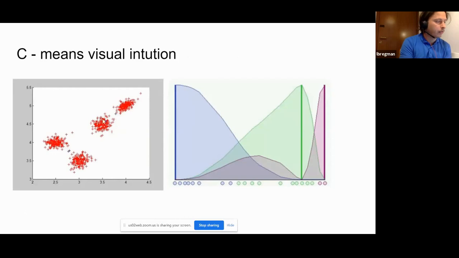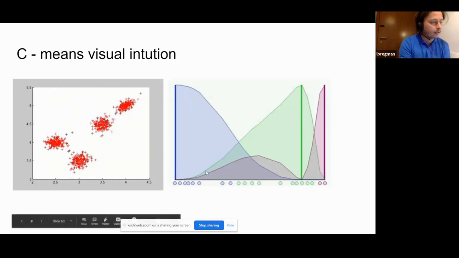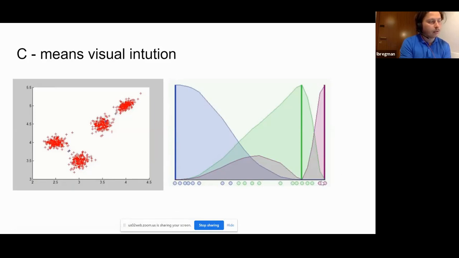To give you a visual intuition, if you have some distribution of customers like this one, and we try to show density distributions of some characteristics, we could model it like the distribution of one cluster, the second cluster, the third cluster, the fourth cluster.